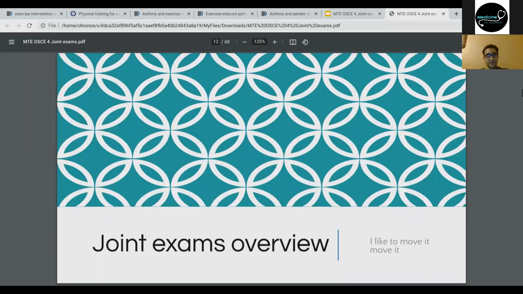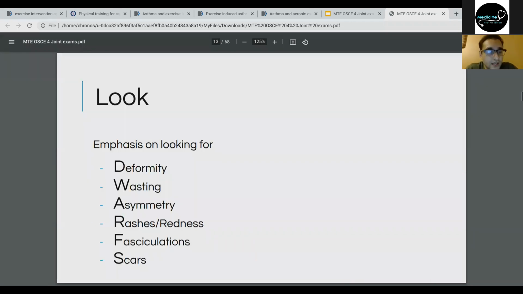Right, let's start with the general overview. So when you are looking at a joint, some of you might have been taught the acronym DWARFs. So deformity, you're looking for any difference in the normal shape of that joint. Remember to compare the joint to the healthy side. So your healthy side is going to be a really good reference point. It'll be able to show you what that person's normal anatomical structure is, and it'll also tell you if there's